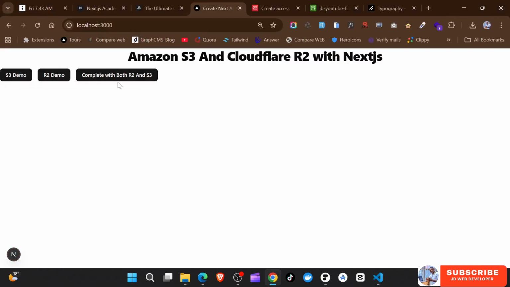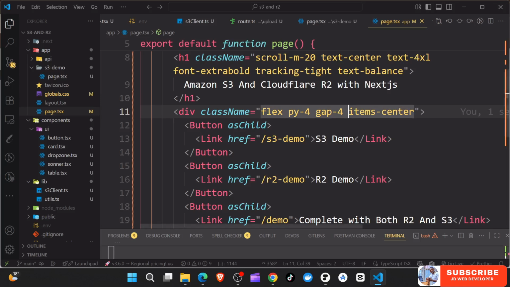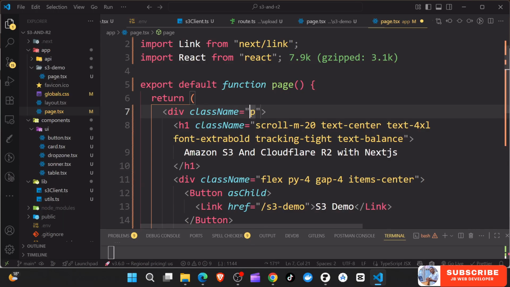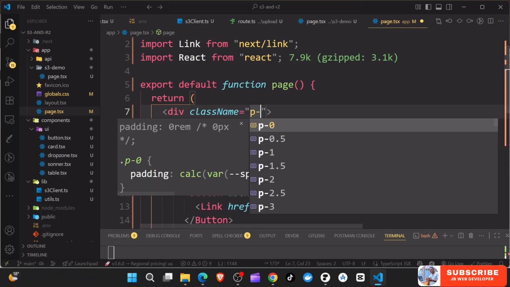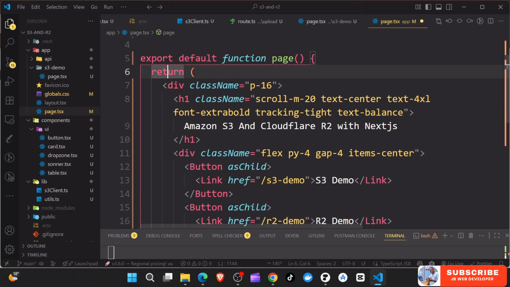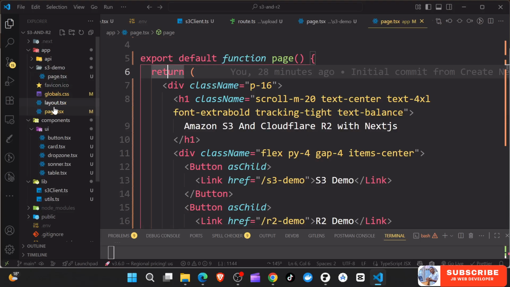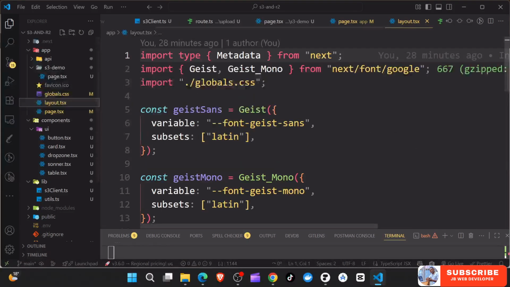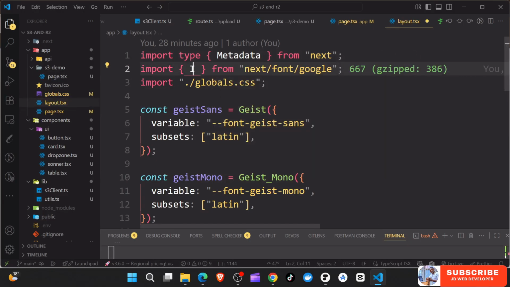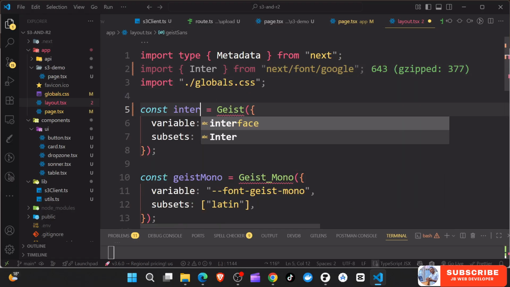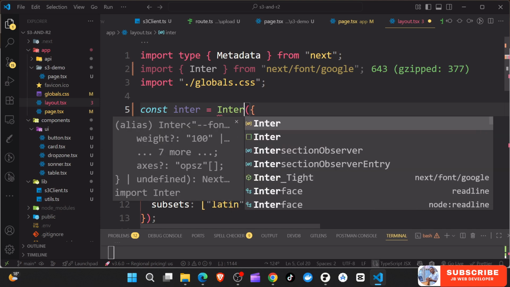Okay, so we have this. I'm just going to go ahead and make this page better. So for the class name, I'm going to give padding of 16, like that. I'm also going to give another layout. For some reason, Geist these days doesn't work. I'm just going to use Inter, and I will just go ahead and create Inter, and I just say Inter,